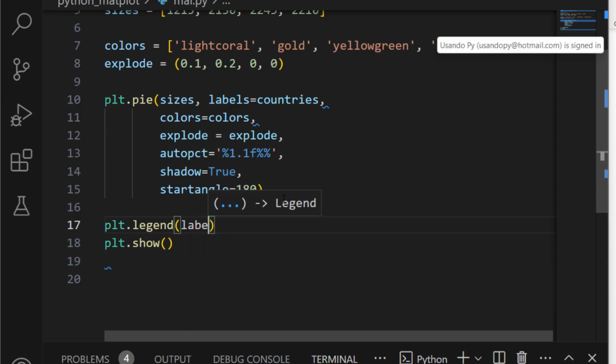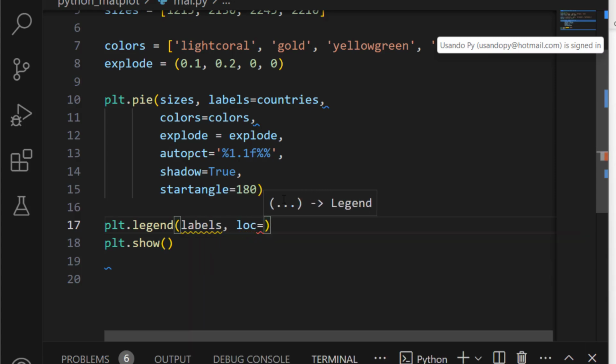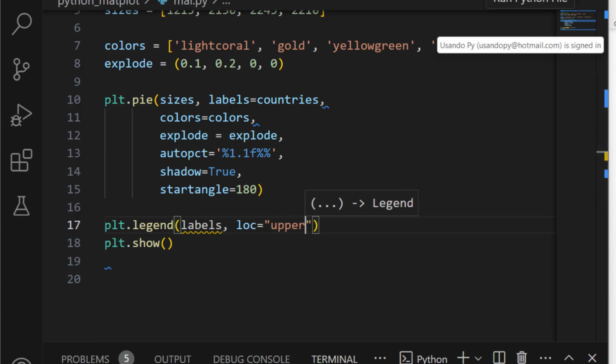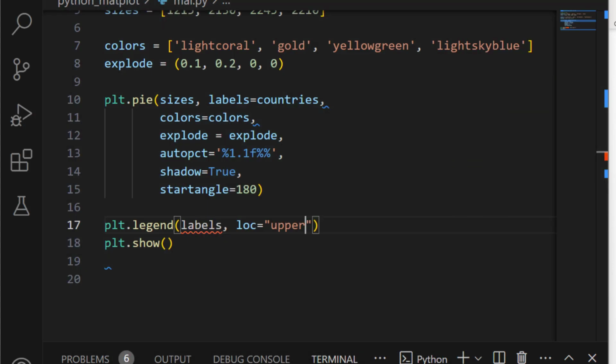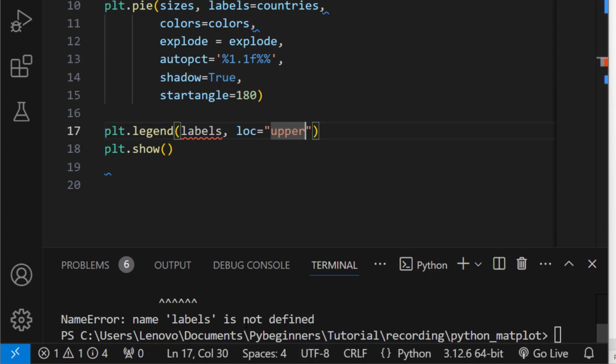For that we just need to do labels, comma, loc. What we are going to locate is the position that we want the legend to show up, something like upper. If I save and run, let's see if I get an error or not. I think it's going to give an error. Okay, it said name error, labels is not defined.